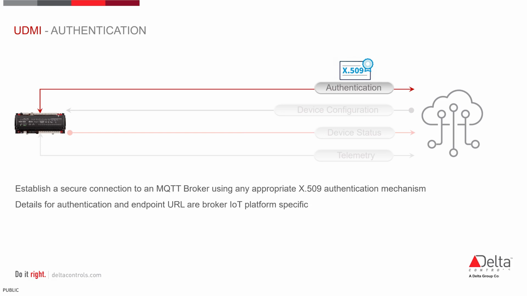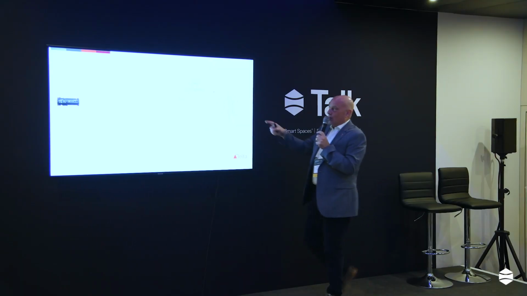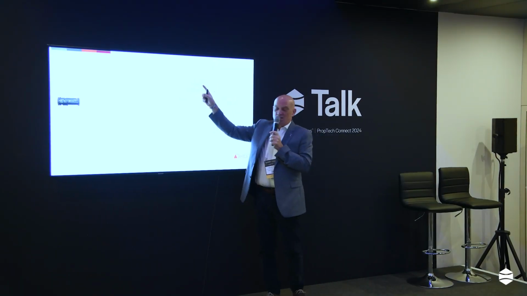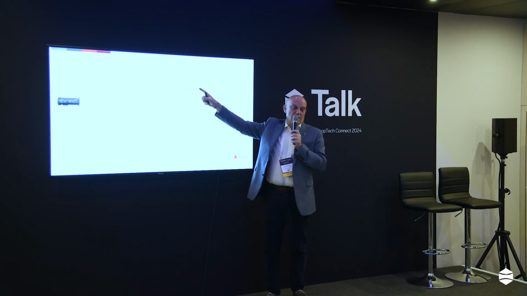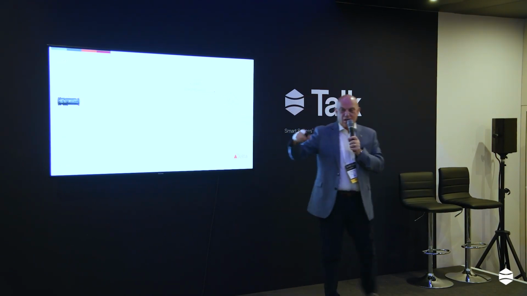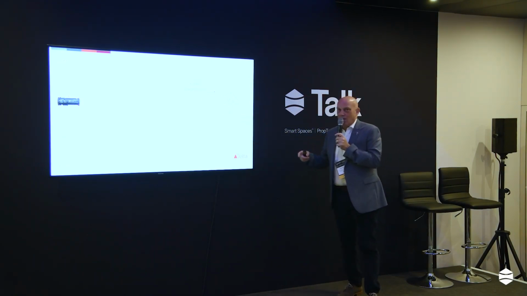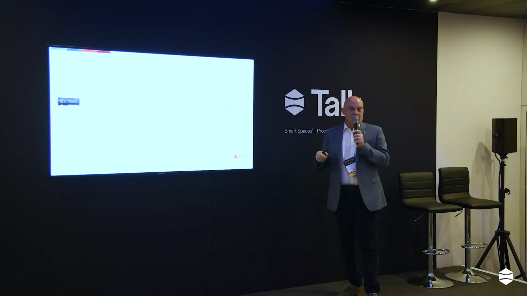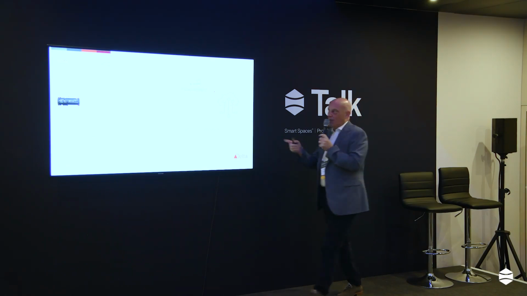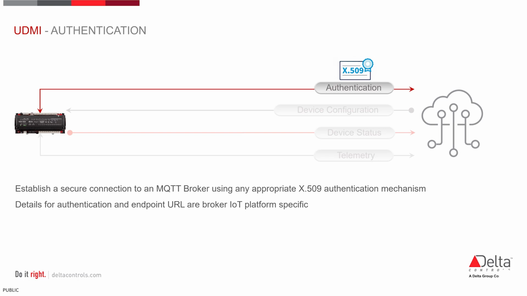So the way it works is the authentication is the login. In the early days of computers, you log in with your username and your password. The problem with usernames and passwords is they're very easy to hack. These days they use a certificate. Techno-geek: X509 is an IETF standard for logging into a system. It's like a passport, and it's a much more secure way of doing it, much more secure than usernames and passwords. So that's how the device presents itself to the cloud.